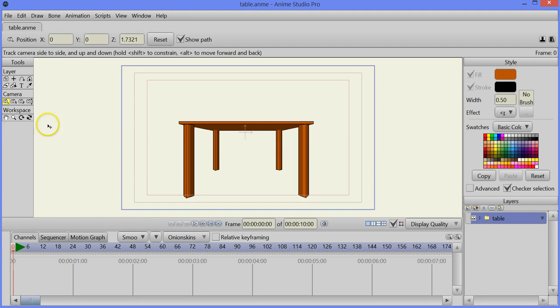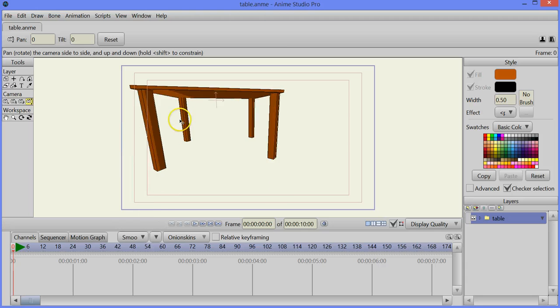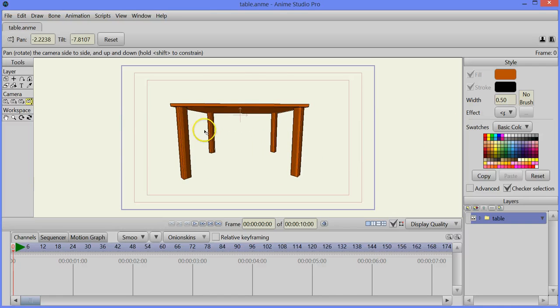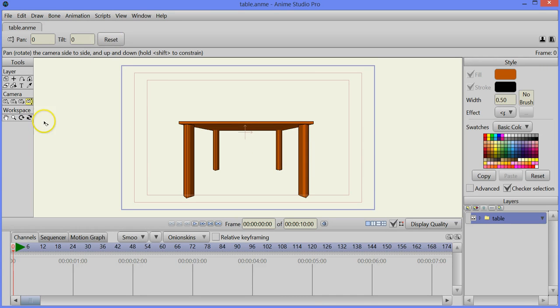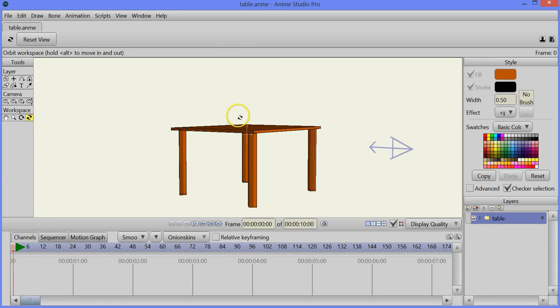Okay. And the last one here for pan and tilt, I'll go ahead and I'll click with the left mouse button, go up and down and back and forth, and I will show you what that looks like if you looked at the camera icon. Let me click Reset. Back to the Orbit tool under Workspace so that we can get a look here at the camera. So here's our camera, and then if I click on the camera pan tilt, alright, so you can see that